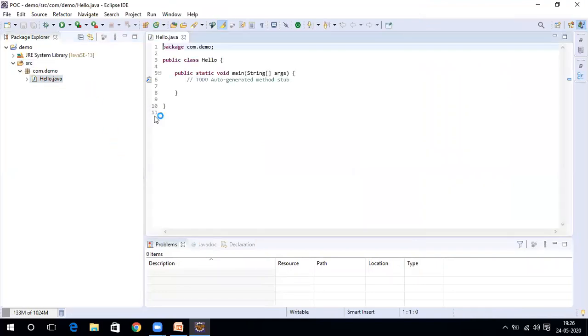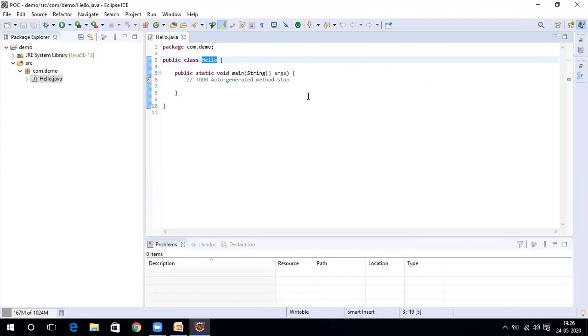Now it is creating, yes. Do you see this one? The class has been created. The background code is written by Eclipse, and it provides the complete class structure and everything to us. This is the advantage of using IDE tools.